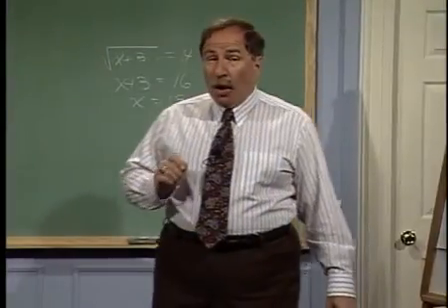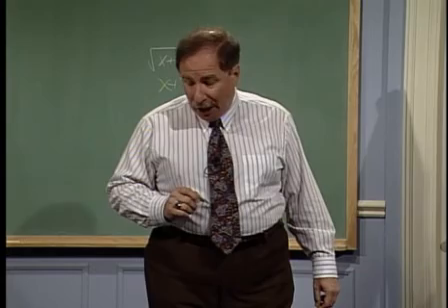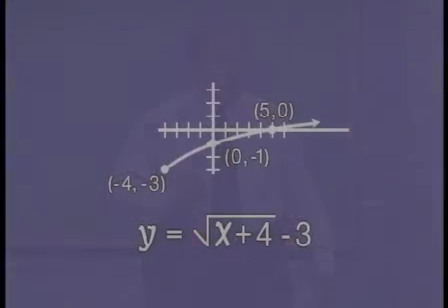And we know what this square root should look like. It should look like half a parabola laying on its side. So the next visual shows us the third point, the endpoint, plotted, and then the sketch of the curve that begins at the endpoint and goes through the y-intercept and then the x-intercept and continues out. Notice the curvature. Notice again, if you turn your head sideways, you can see it looks like one side of a parabola. Okay, let's take a look at